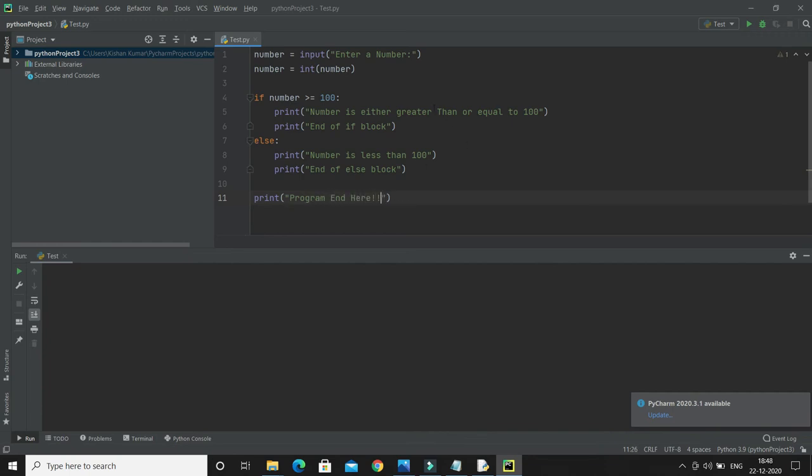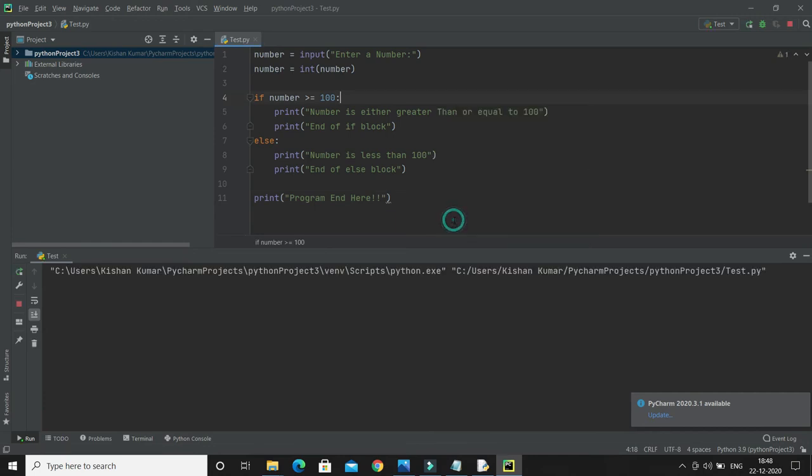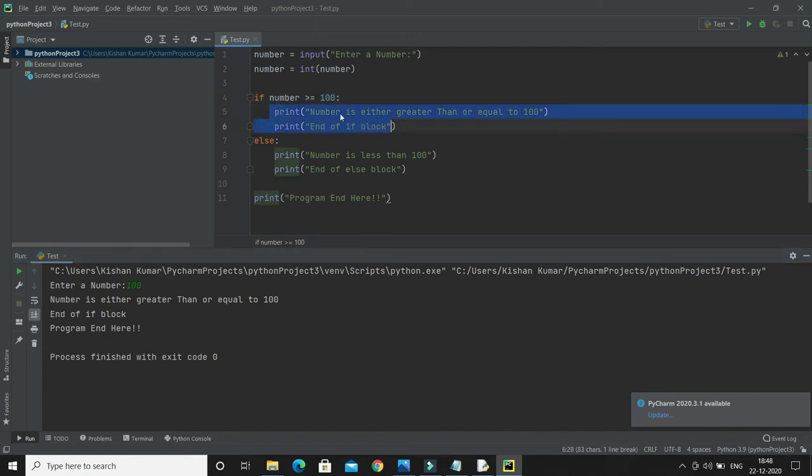That's it. Now let's run this program, and here I'm going to enter a number 100. This piece of code is getting executed because 100 is greater than or equal to 100, right? These two statements get printed, and afterwards this statement. This is common for if and else both, and that's the reason you get this statement printed as well, right?